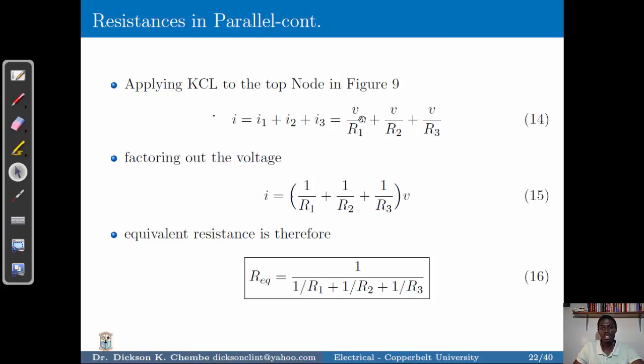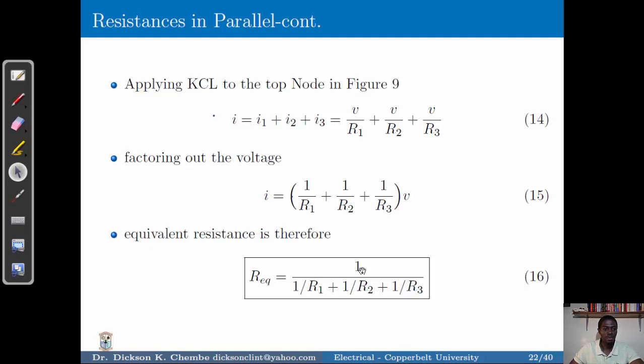So we get voltage, which is common, over R1, V over R2, V over R3. And here we can factor out the voltage, and we find that we sum up the resistances by this equation, that is 1 over R1 plus 1 over R2 plus 1 over R3. Therefore, the equivalent resistance that we get is basically,